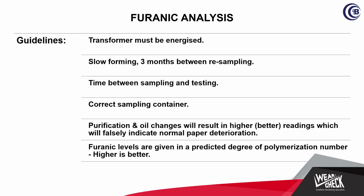Now for furan, the transformer must be energized. So if you have got a transformer that's standing in the storeroom, it's not worthwhile to test your furan. If the transformer is less than 5 years old, it's not recommended to do a furan. It will be good for a baseline, but you won't see paper problems in the first 5 years. There must be exceptional problems with your transformer if your paper starts breaking down in the first 5 years of the lifespan. Then there's the correct sampling container. We have found that if you use plastic bottles, which some